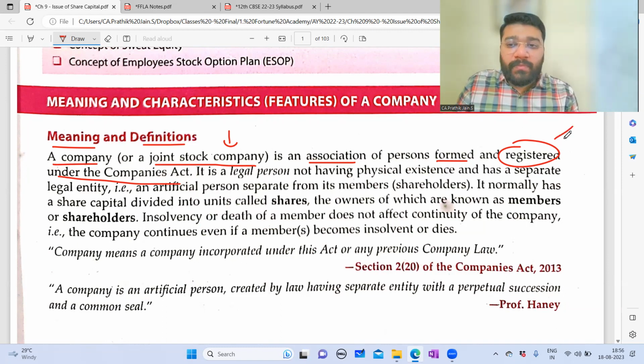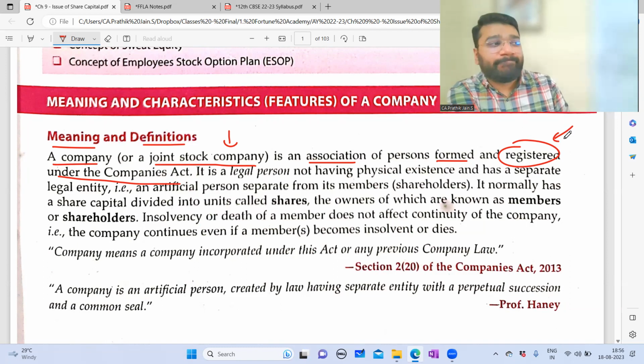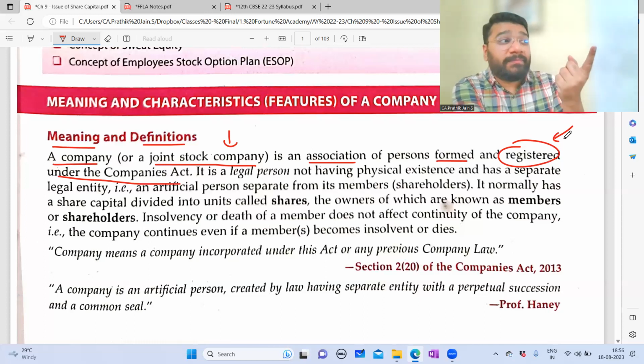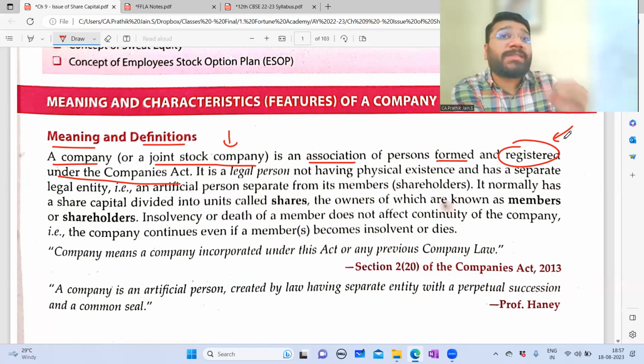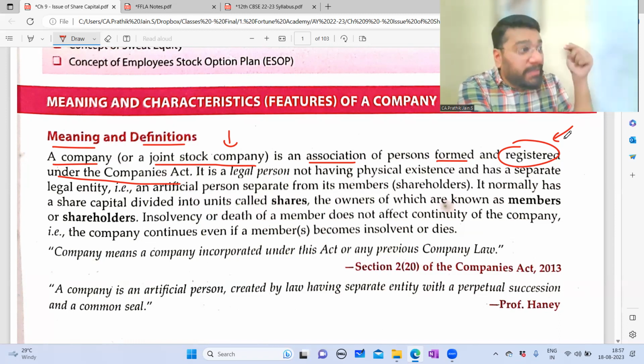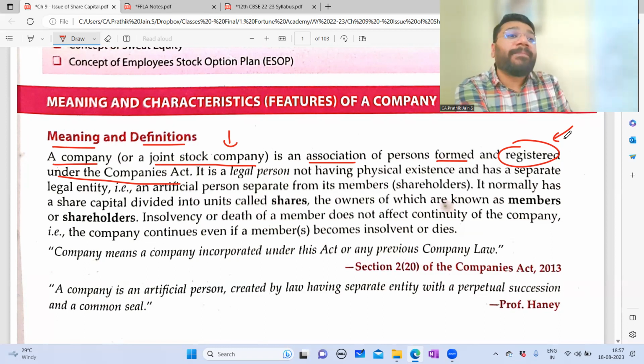So this word registered, we have come across somewhere in the partnership topic. In partnership, what did we learn? It is compulsory to have the agreement. The agreement can be either oral or in writing, but the agreement has to be there. The compulsion was an agreement. Nowhere did they say that the partnership deed should be registered. So in a partnership concern, registration of the partnership deed was optional. Registering of partnership means what? Registering with the government authorities. Whenever we talk about registering, with whom? With the government. That was optional in the partnership.